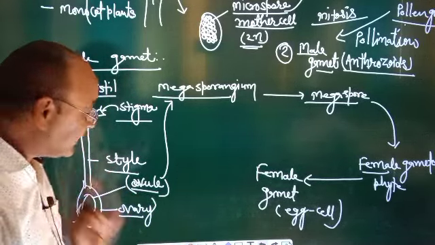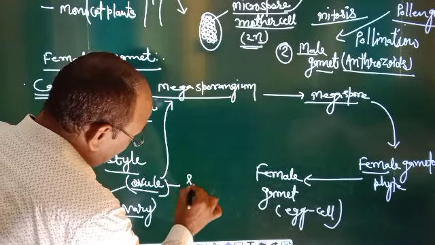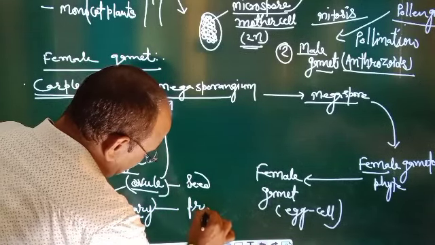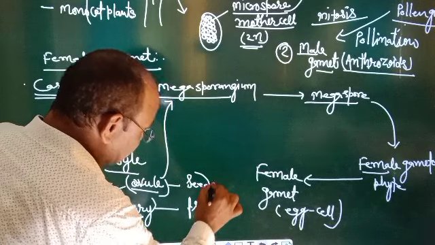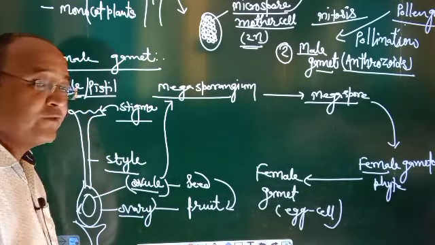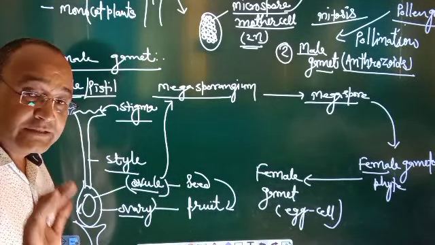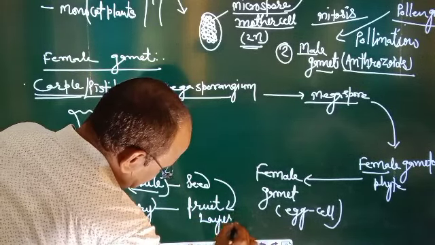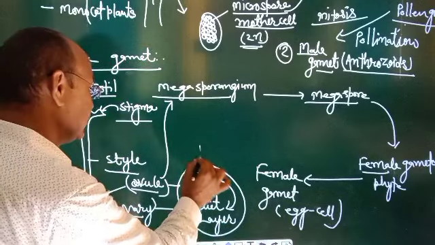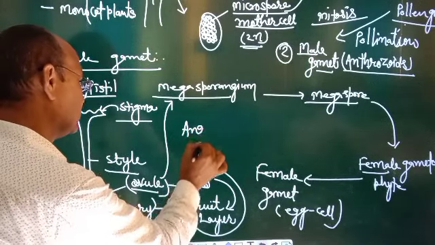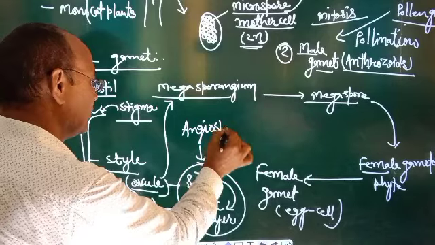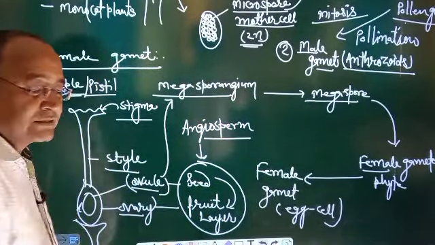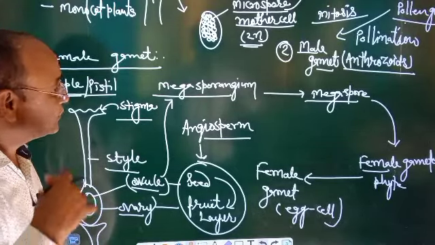After the fertilization process, ovule converts into seed and ovary converts into fruit. So especially seed is covered by fruit, or fruit layer, and this type of plant is called angiosperm. In angiosperm plants, seed is covered by fruit layers. Okay, now the structure of